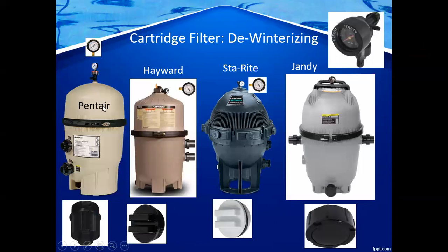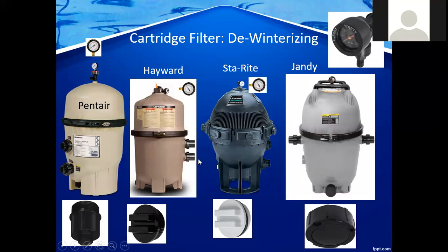And these are, again, the different brands: Pentair, Hayward, Stay Right. This one's Jandy. They all have drain plugs at the bottom. Now, I want you to note that on a lot of these cartridge filters, there's no way to drain the pool. It's a closed system, unlike with the sand filter, where there was a waste mode and a third pipe. So if you're getting a cartridge filter, it might be a good idea to ask your installer to put in an external valve in the plumbing, so that should you need to drain your pool, you can open that valve and